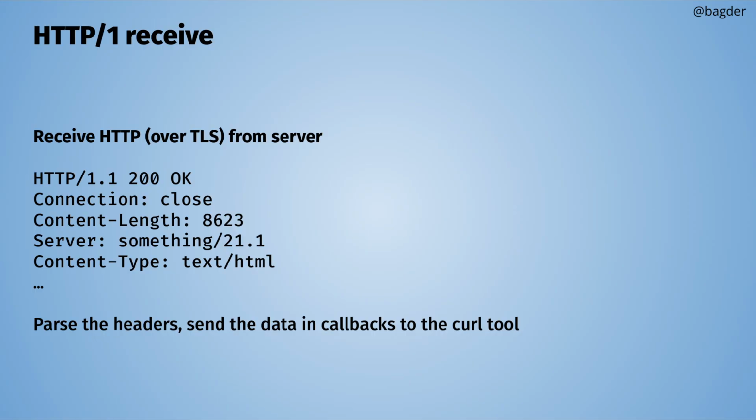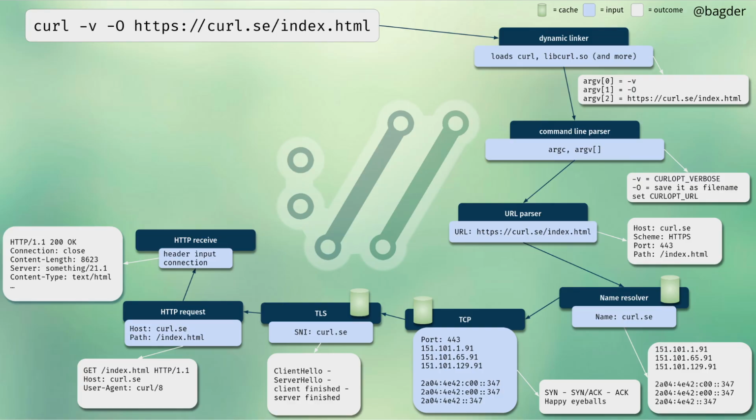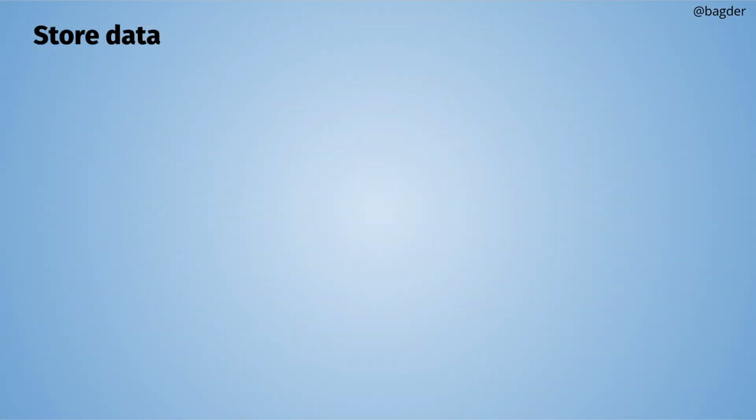it delivers the data in callbacks to the curl tool, because the curl tool has set up callbacks. So the callbacks are called one by one, or rather over and over and over. The callbacks are called and deliver data. So we're already now at the left side here. So we got the response headers. We're starting to get data, and when the callbacks are called in the curl tool, we remember that we had